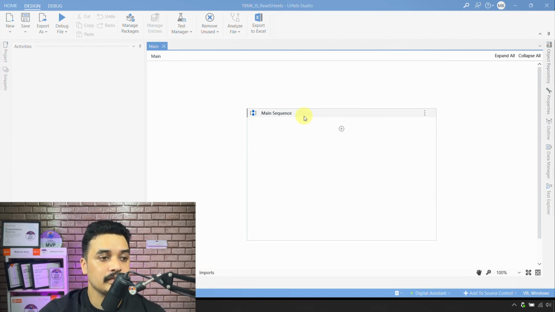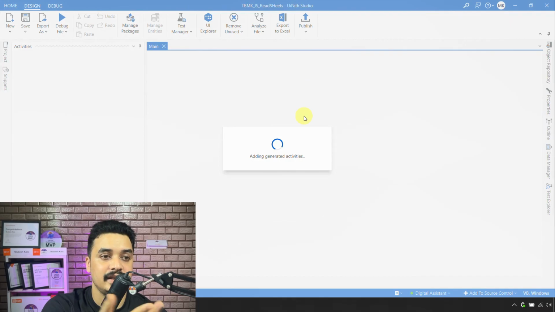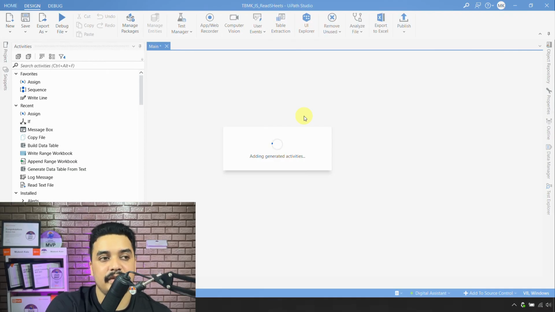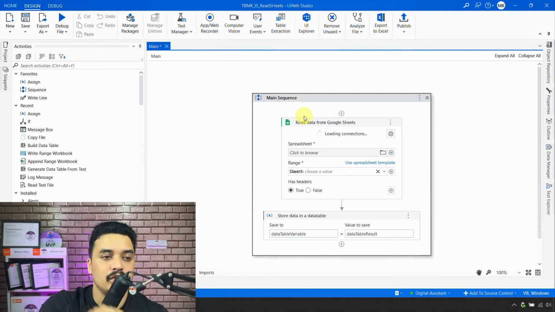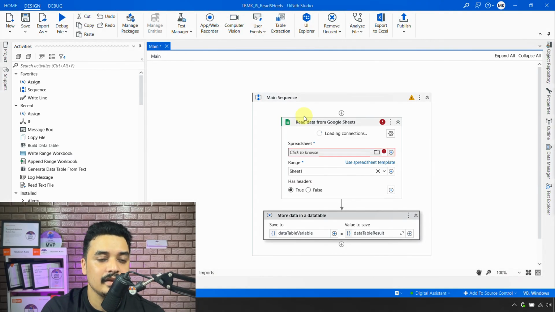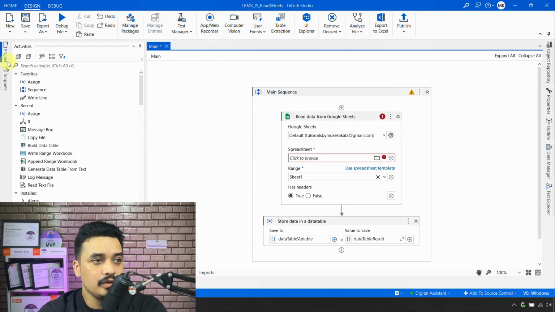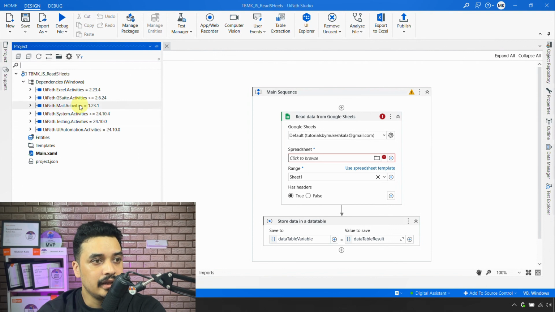So now it's adding the dependencies. It says adding the generated activities. It may take some time, but it's right. It's the same time. If you add the dependencies also, drag and drop it, it will take the same amount of time, right? So we'll just wait for this flow to get available. And you can see here the activities is available here for me, right? Good thing is, if you see now on the project, the dependency is already added,